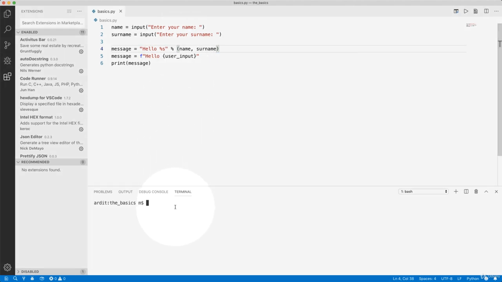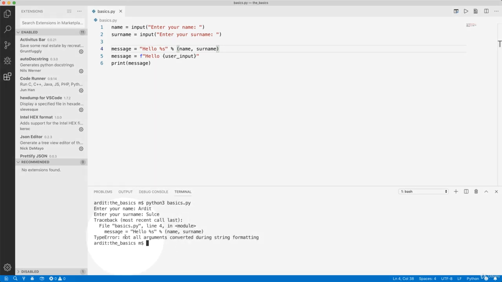Now, if you execute this, you're going to get an error, so you need to do something more there. Let's say Ardit Sulce, and you got a type error, not all arguments converted during string formatting, which means that the arguments are name and surname. Not all of them were converted because only name was converted because you only had one placeholder here, %s. You want to have two placeholders, one for surname too. If you execute that,